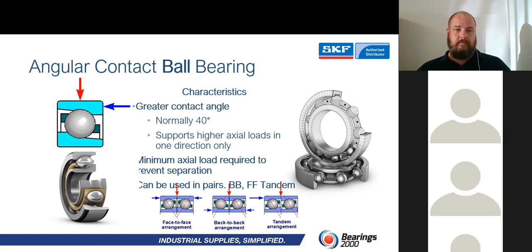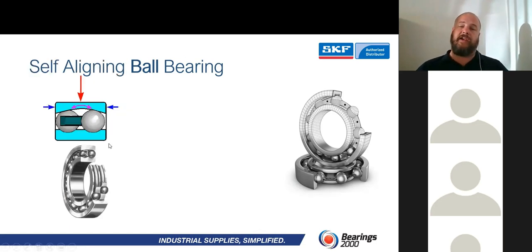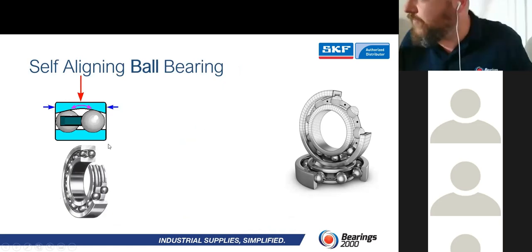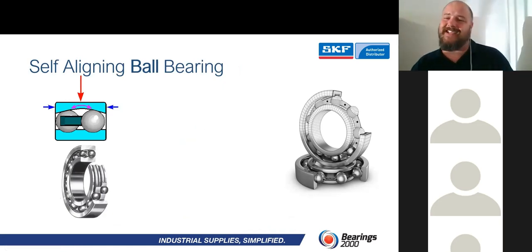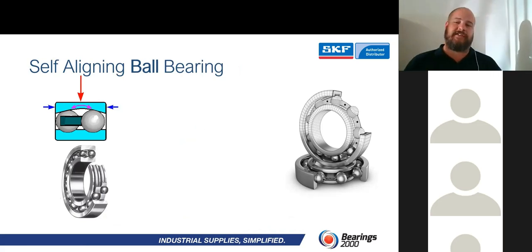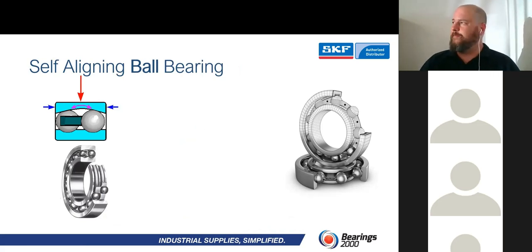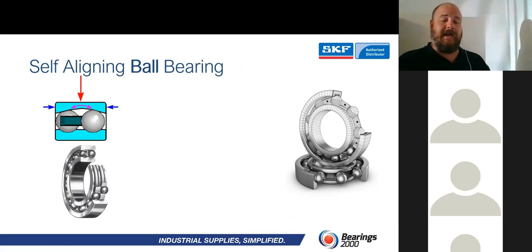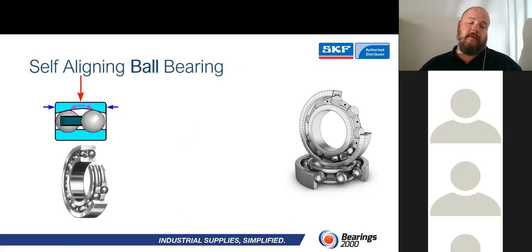Good. So moving on, self-aligning ball bearing. This bearing was invented in 1907 by a guy called Sven Wingquist in a little town in Sweden. Okay, and it is a brilliant bearing. You see that there's now a pink arrow added in there. And that pink arrow, of course, is for your aligning capability.